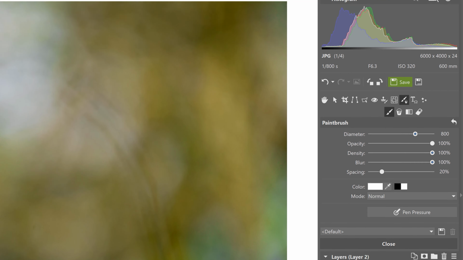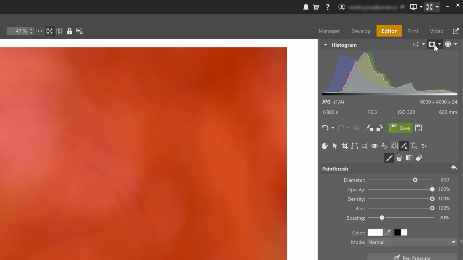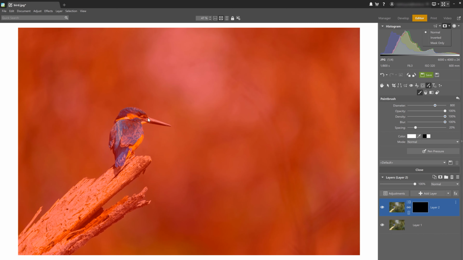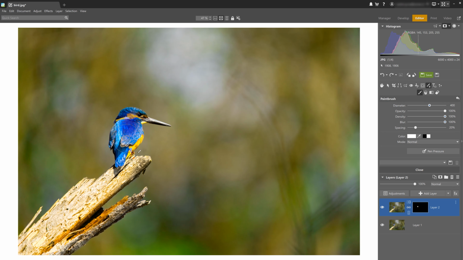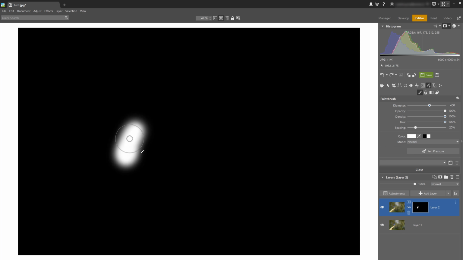At the top above the histogram, I click mask display because without it, we can't see anything that we're actually selecting. Now I'm going to choose what type of display I want. Normal makes everything red, and I remove the red when masking. Inverted displays my selection in blue. And mask only displays black and white. Black for what is hidden and white for what is revealed. Now this isn't useful when selecting in the beginning because I can't see what I'm selecting.